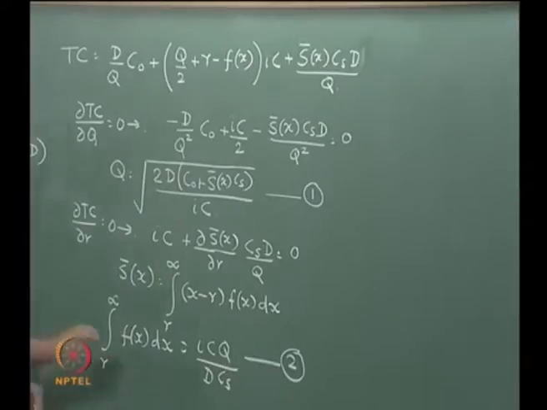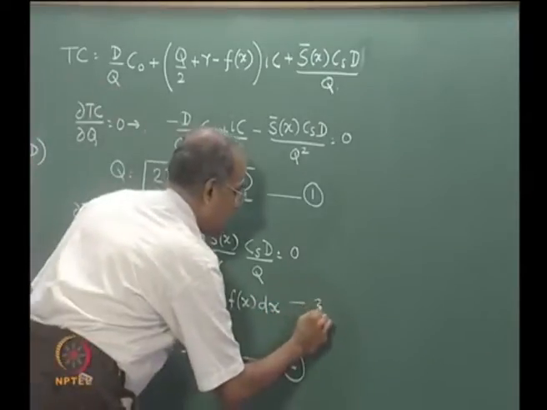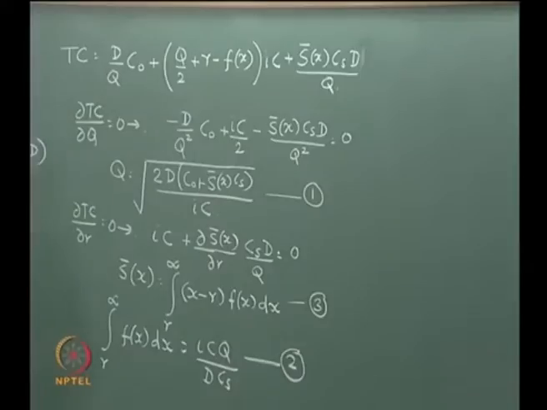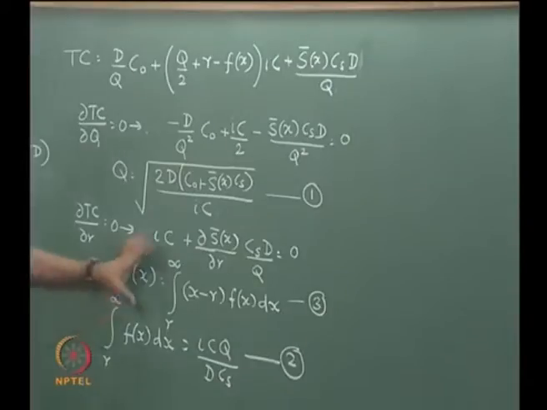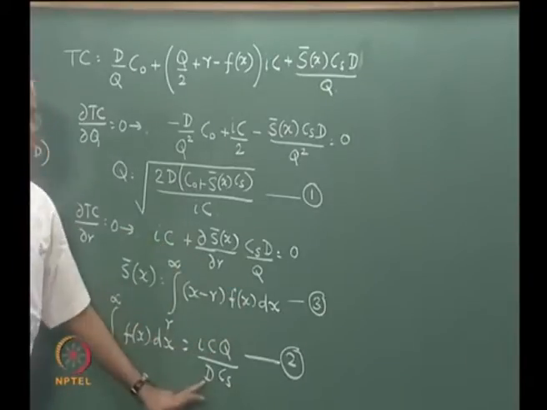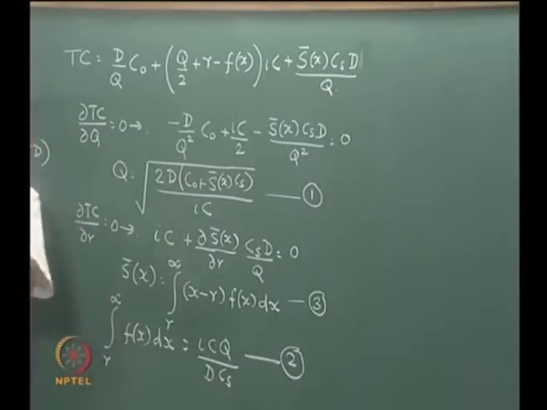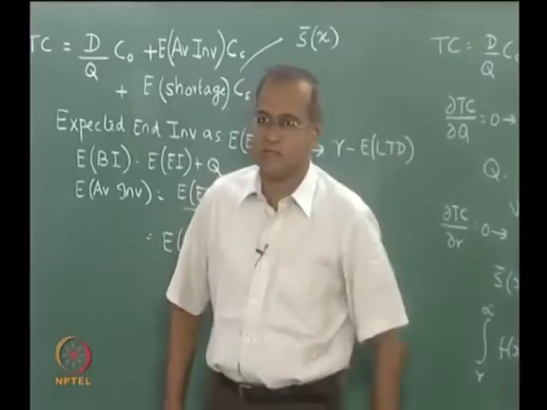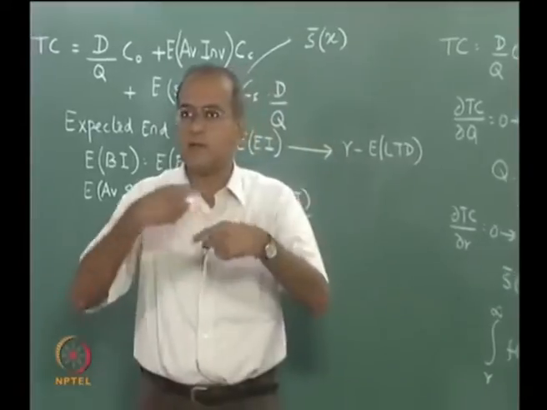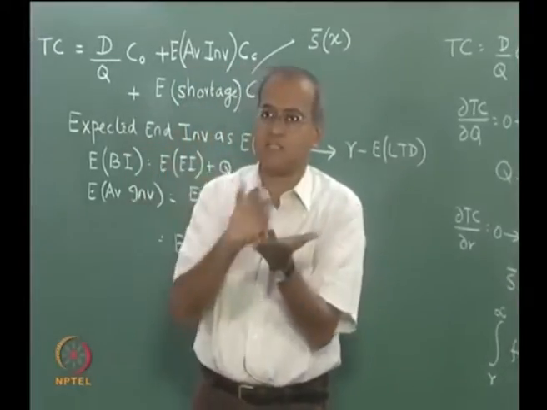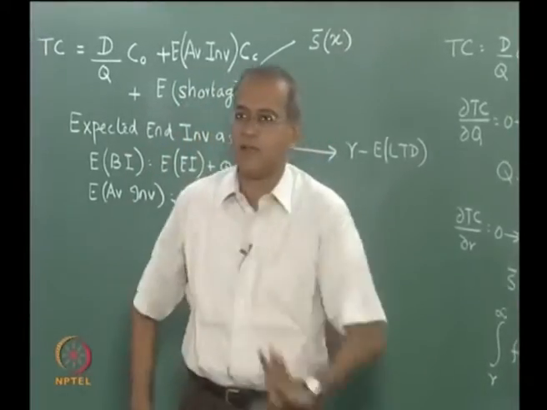And our third, of course, is the expression for S bar of x. So, we have three expressions which come here. This derivation is quite similar to the earlier one. If we see very carefully, it is very similar, because we still have that same term ICQ by DCS, which we wrote in the previous lecture as QCC by DCS, which represented 1 minus integral, which is kind of represented the area under the curve.